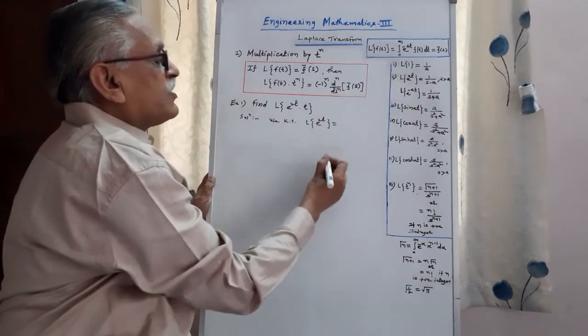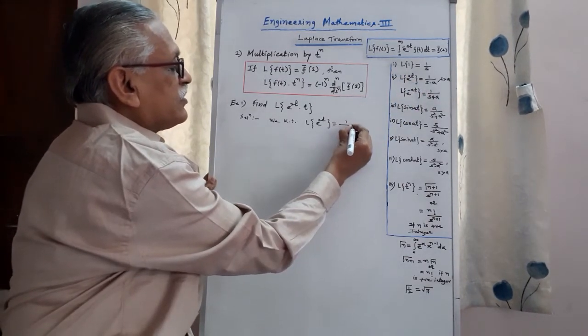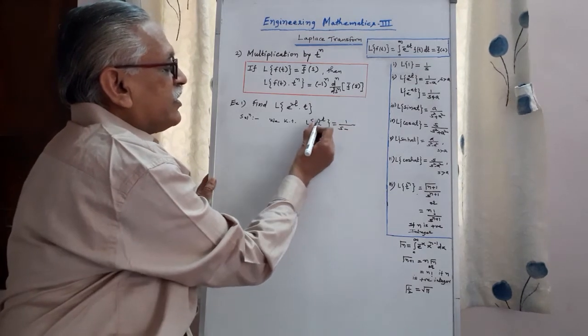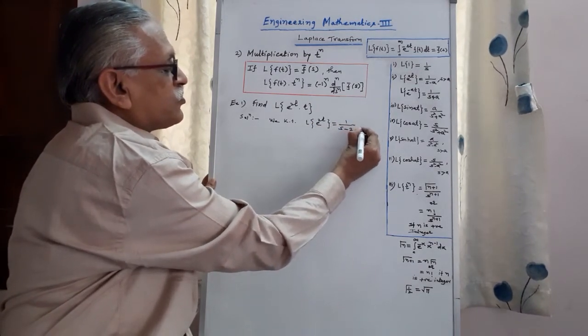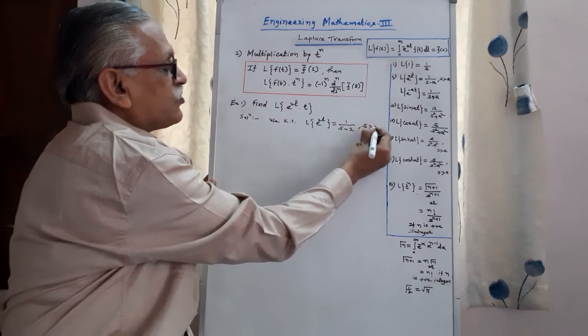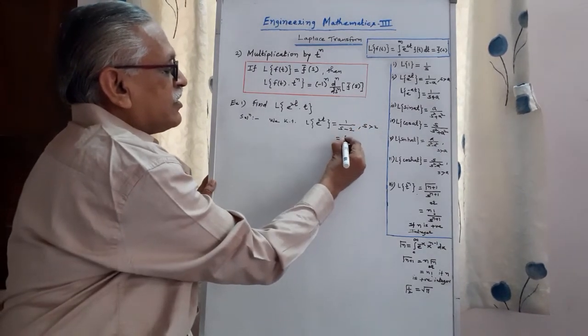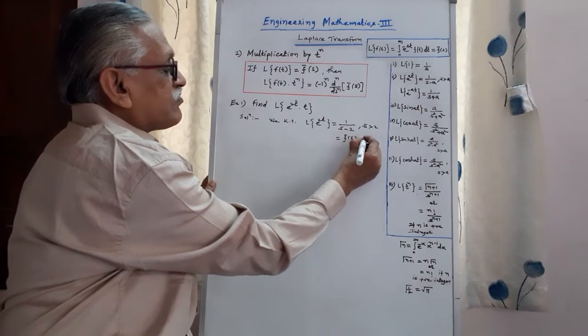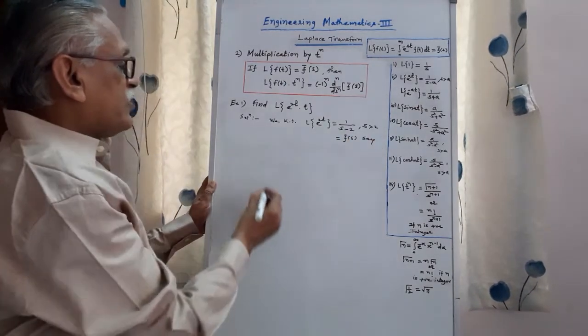Laplace of e raised to at is 1 upon s minus a. Here it is 1 upon s minus a, where a is 2. Therefore, 1 upon s minus 2, s greater than 2. And we call this f bar of s. Okay, and therefore,